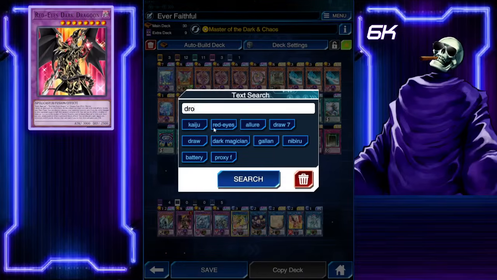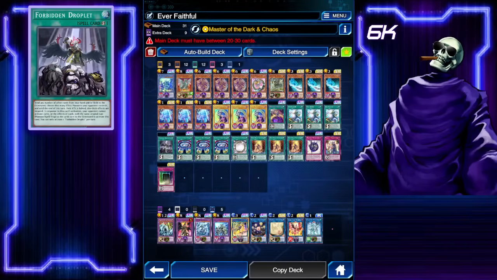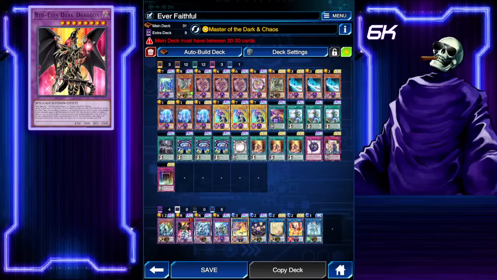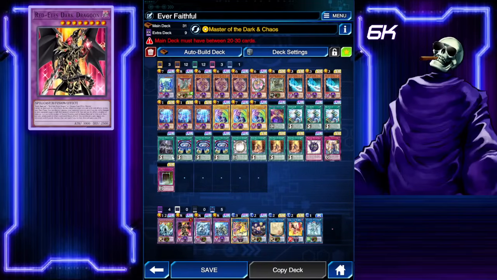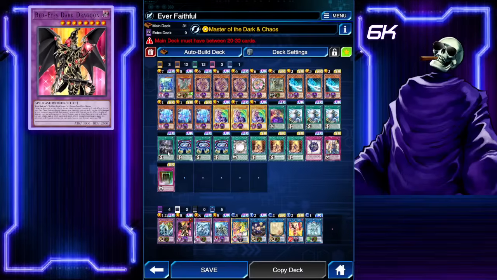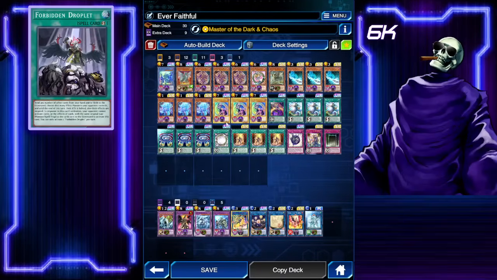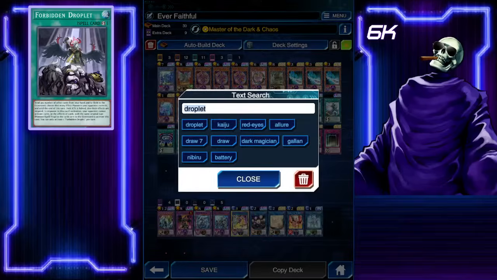The second way is a Droplet. Droplet by itself, by discarding a monster, is going to be able to turn off Dragoon. Okay? And because of the fact that discarding a monster means that Dragoon cannot respond to the Droplet. The third way